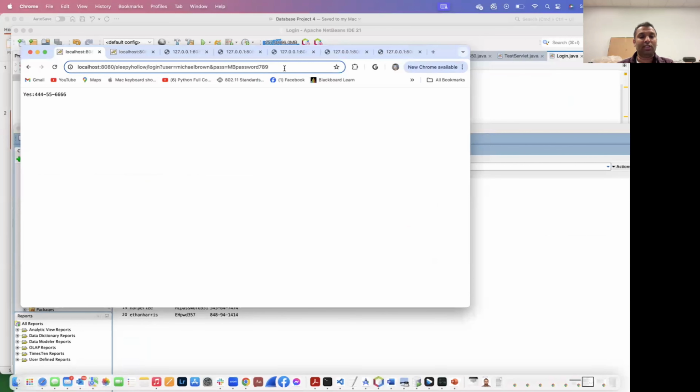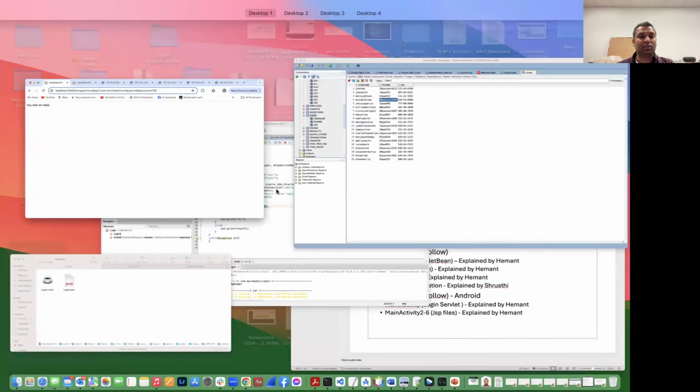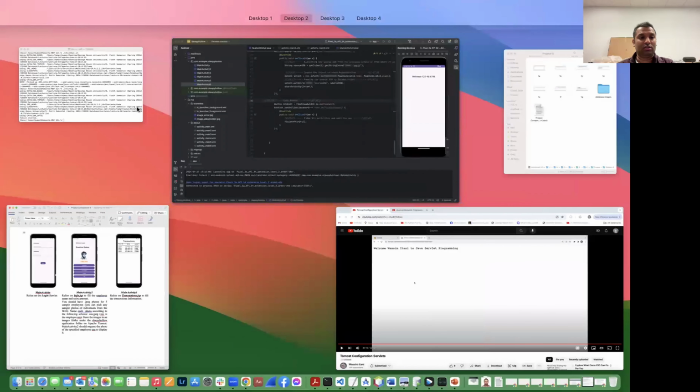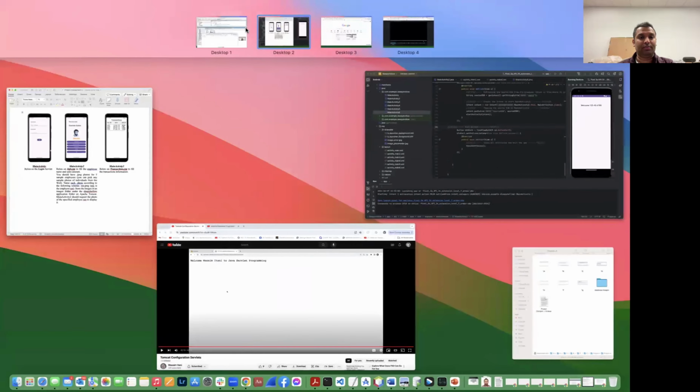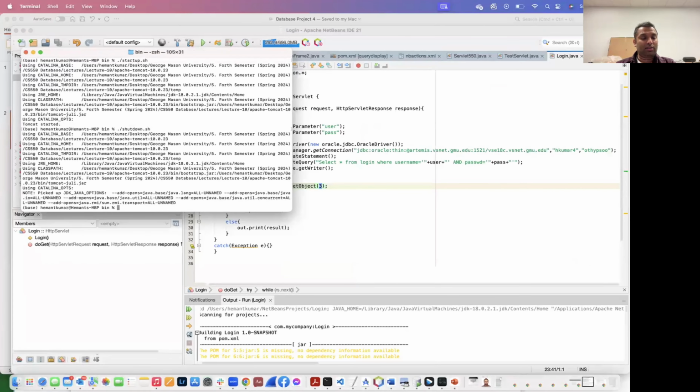Okay, I have already used this. Let's just verify in case. Michael Brown is a username. Before that, sorry, we also need to run the server. So let's run the server. This is how we can run the Apache Tomcat web server, where we copied the Sleepy Hollow login